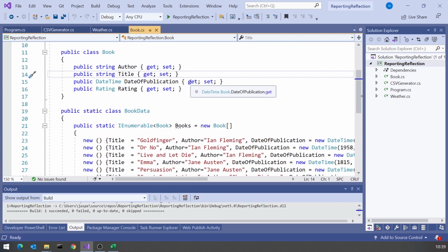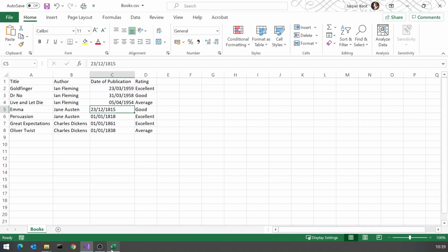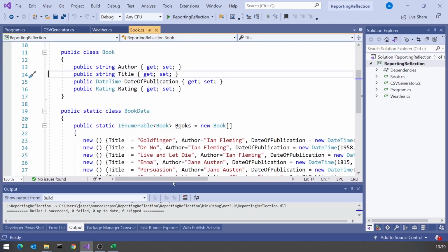And then the other thing to notice is the ordering of those columns. We had chosen to go title, author, date of publication, rating, and that's because that's the order we want to display it in. It's not the order that they're actually declared in, and it's not alphabetical order, it's our specific order. So when we generalize this, we might think that's going to start to be a bit tricky, and indeed it is. But let's have a go.